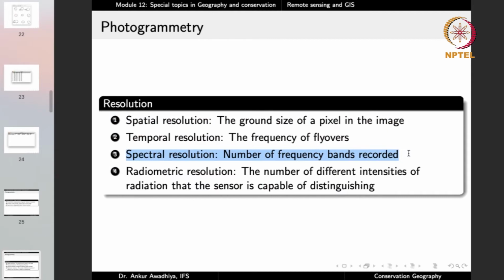And a good way to understand spectral resolution is by asking the question, how many colors do you see in the photograph? So for example, if you have a black and white image, you see only 2 colors, black or white, or shades in between, which is gray. Whereas if you have a color picture, then you have multiple bands. You have the red band, you have the green band, you have the blue band. And so now you have more number of bands. Earlier you only had 1 band,